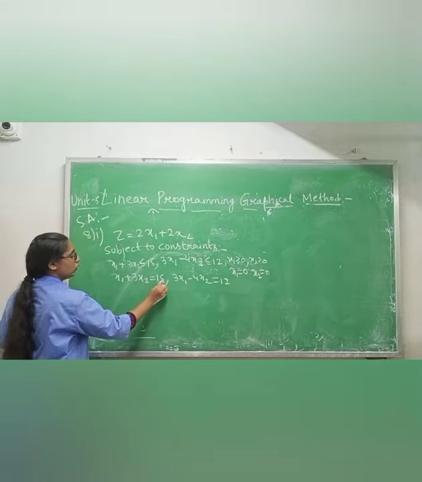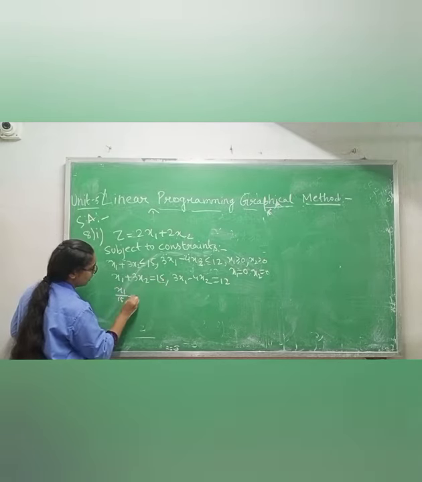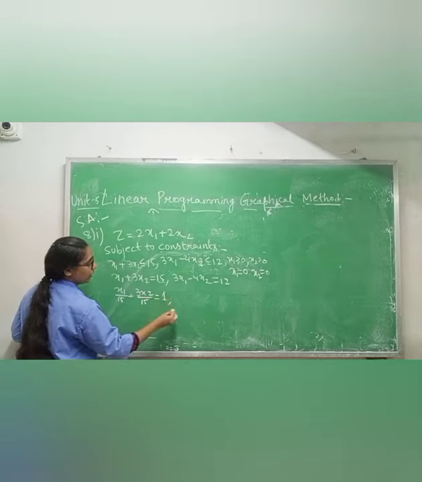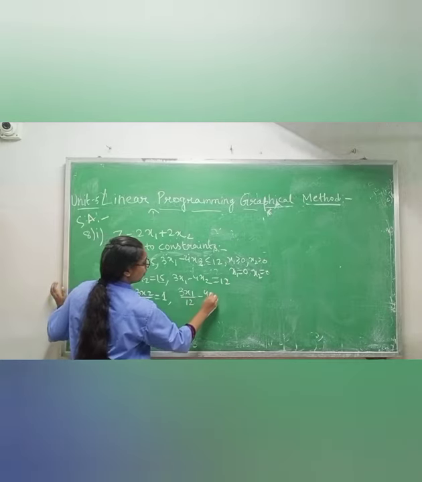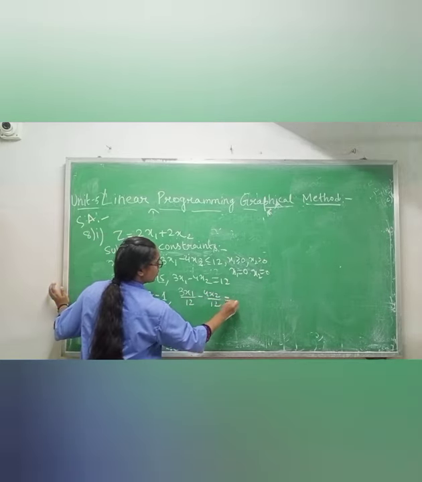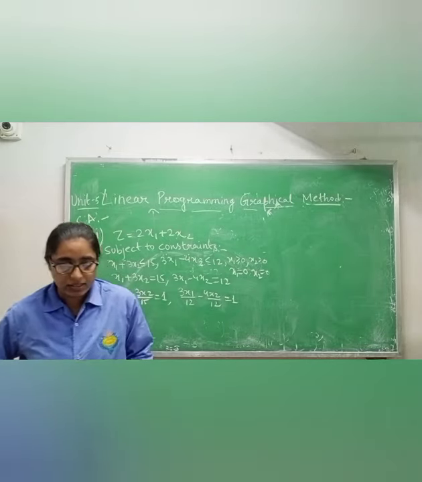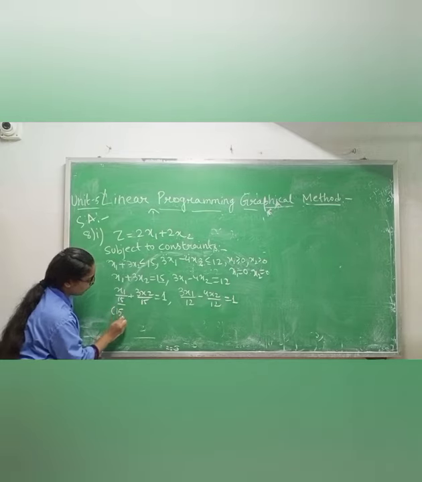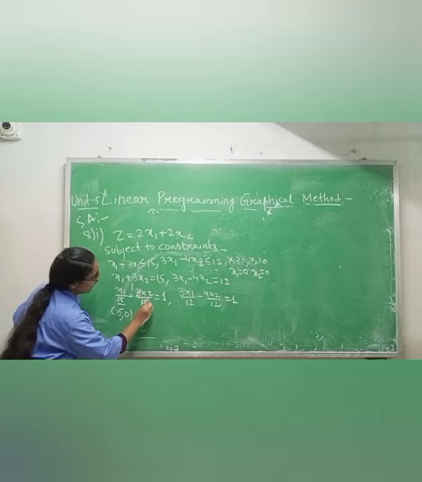After that, what we will do, whatever we have here, we have to take down: x1 by 15 plus 3x2 by 15 equals 1. Okay, again the same thing, 3x1 by 12 minus 4x2 by 12 equals 1. Now, here we will not be able to cancel anything, so x value is coming 15, so we will write 15 and y value is 0. Here 3 ones are 3, 3 5s are 15.